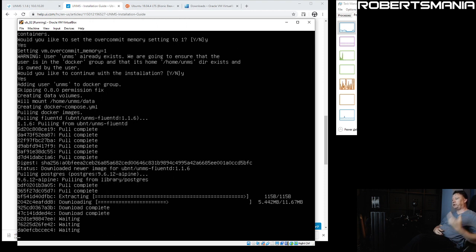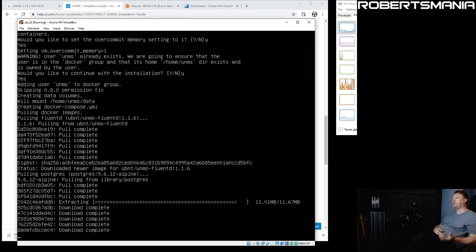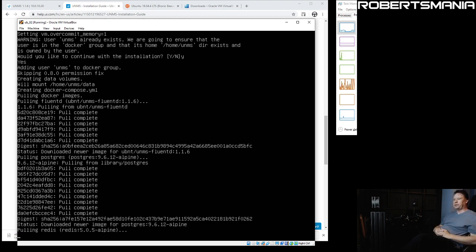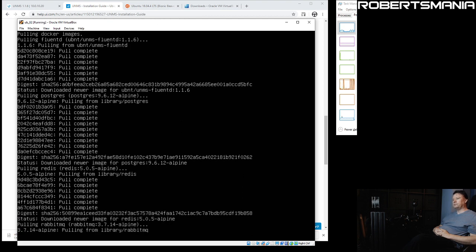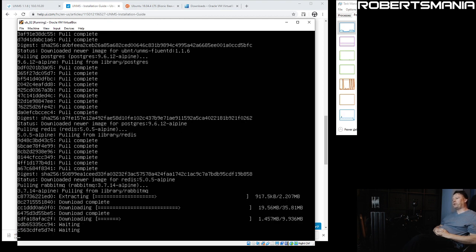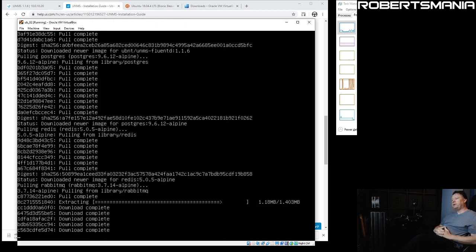That's just a collision between the username in Ubuntu and the user that UNMS wanted to create. But like I said, I don't think it's a problem. If you want to avoid that, you might create a different Linux username and let UNMS install and create its own user, but